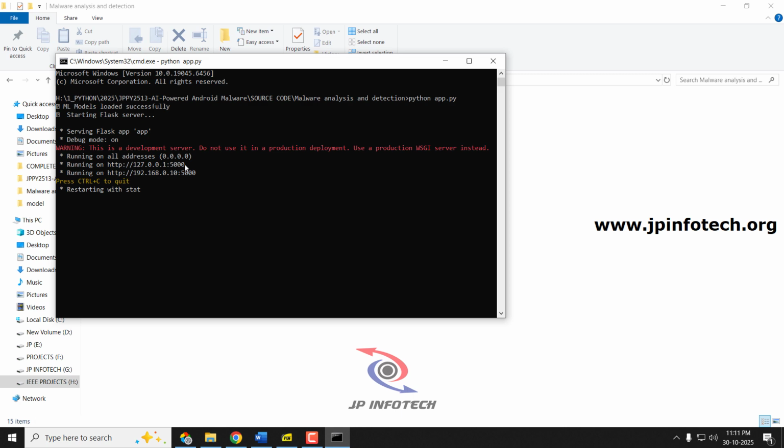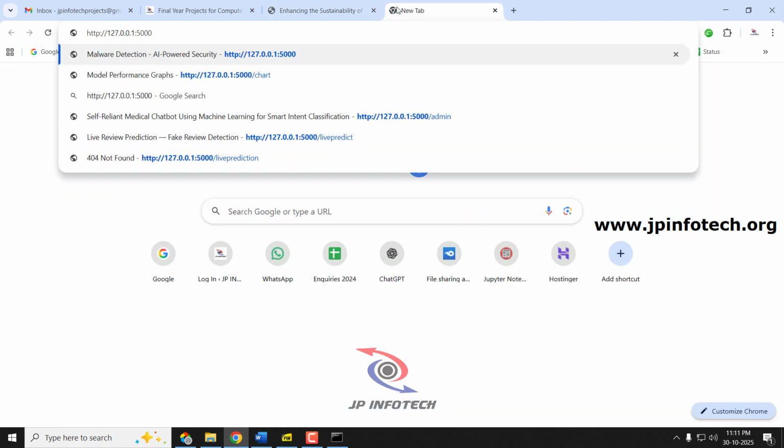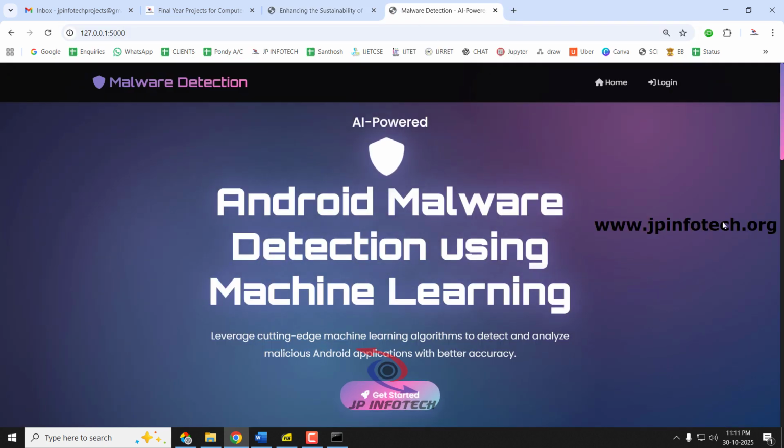Now you can see this URL. Just copy this URL, go to any of your browsers. I'm just going to Google Chrome and paste it, click enter. So now you can see the project home screen, a welcome screen with the project title AI powered Android malware